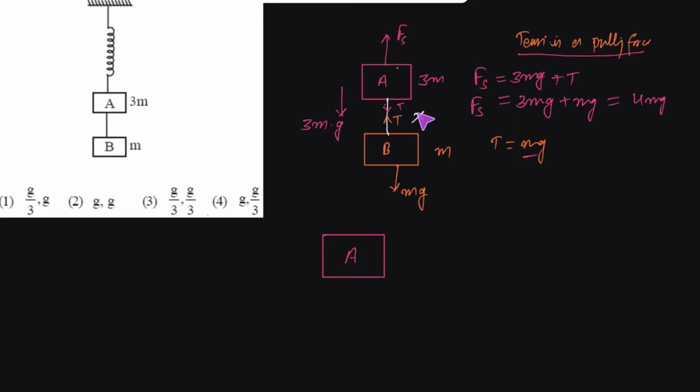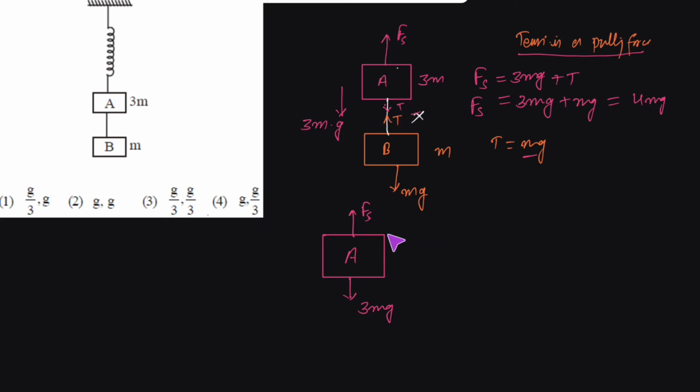Now when we have cut this string, the only force which is downwards right now would be the 3 mg, because the tension will become 0, because the string has been cut from here. So the force acting downward would be 3 times mg, and the upward force is Fs. From here we can say that this whole block will try to move upward. Why? Because we have cut this string. Earlier this block was also pulling this, and when we cut this string, this block was removed from the system. So the force due to this spring will be more than this 3 mg. Why? Because we are asked to find the acceleration just after the string is cut.